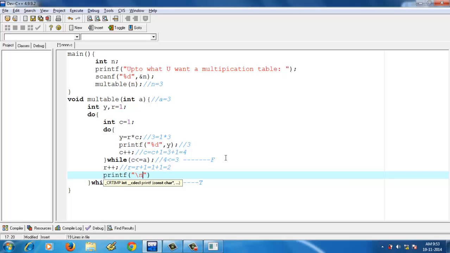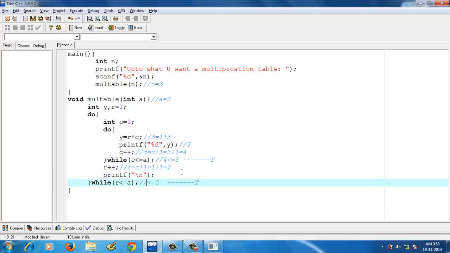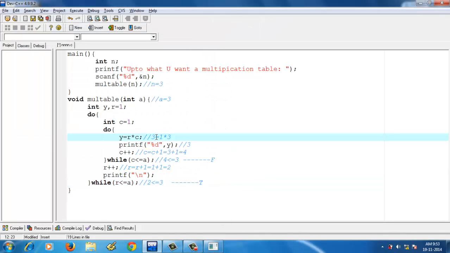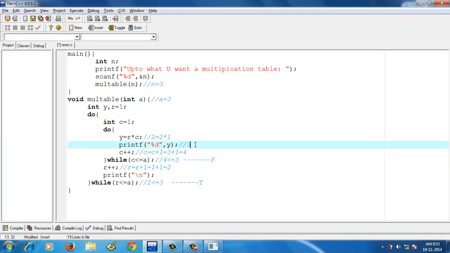that is the new line. So here it checks the condition 2 less than or equal to 3, it gives the value true. Again the control goes to the column c equal to 1, means the second row. Here the second row starts from 2, because r equal to 2 and c equal to 1, means y becomes 2. It prints the function